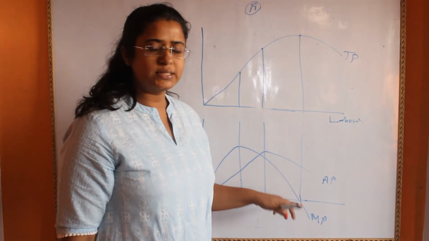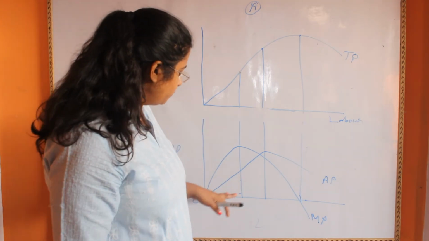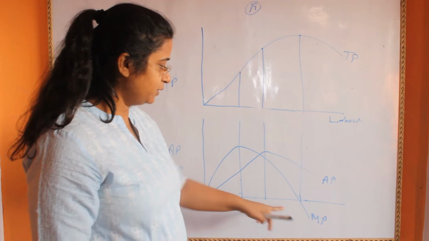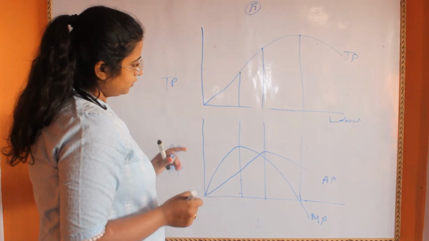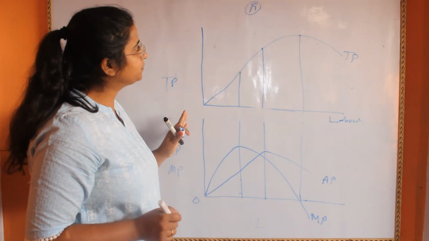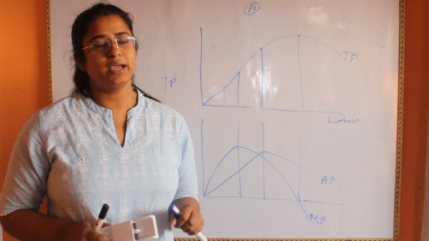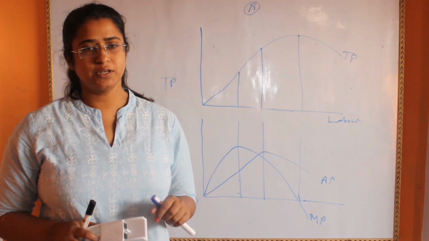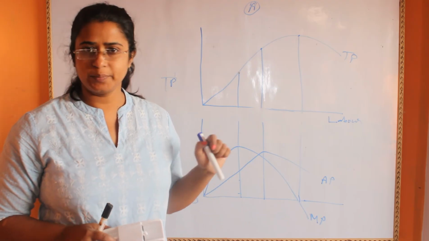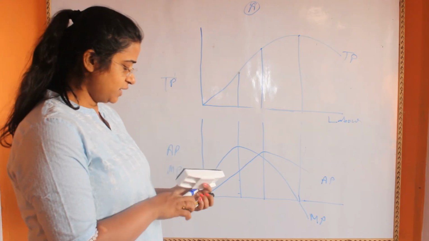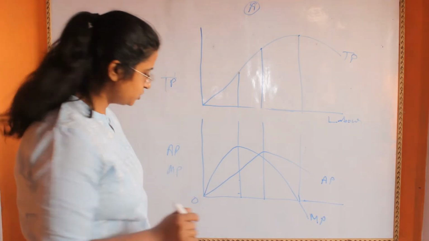This shows the zero productivity of one extra unit of labor. So we are talking about one extra unit of labor when we talk about the marginal product. I hope this figure is making sense to you. Now comes the question: to which extent will a producer keep on employing extra units of labor to conduct the production process? So to understand, we classify the figure into 3 stages.